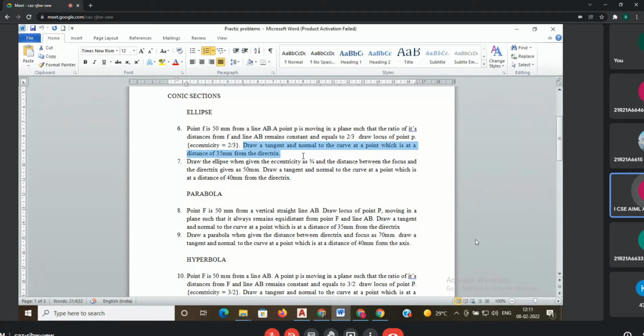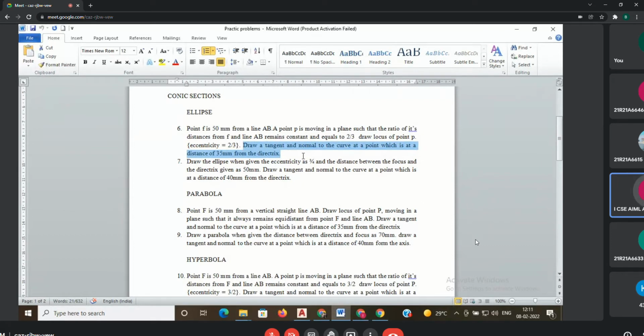Next, here one more point is, if you observe in the third unit, projection of points and lines, the notations play a major role. But here, no need. You can use your own notations. Here they have given AB, I can use CD. No problem. But it should be the directrix. That's it. Directrix notations or point F or V or some P1, P2, P3, whatever it is. You can use your own notations. Instead of letters, you can give numerical values 1 dash, 2 dash, 3 dash, like that.